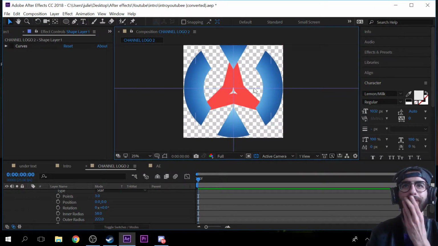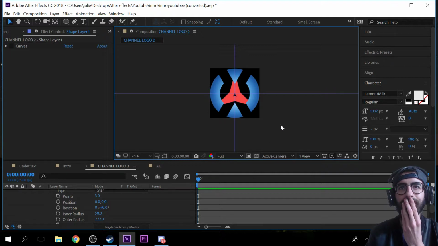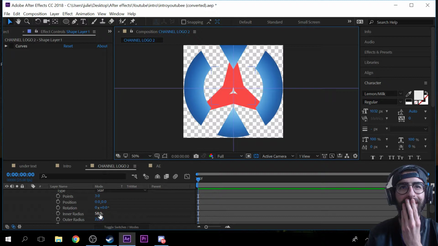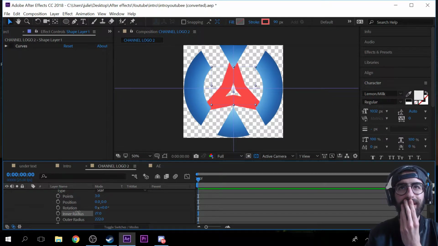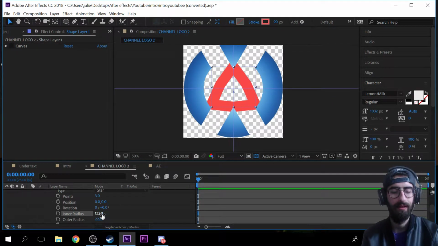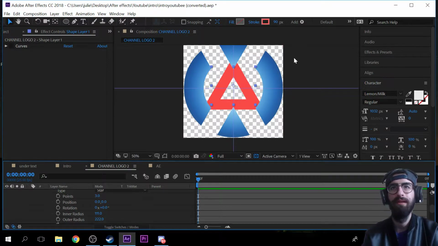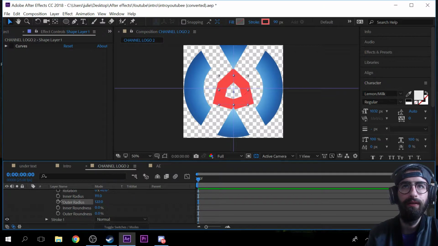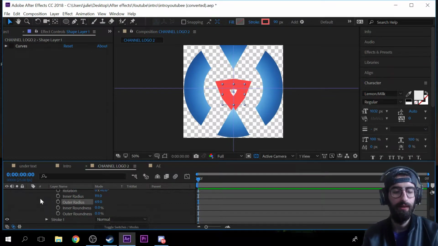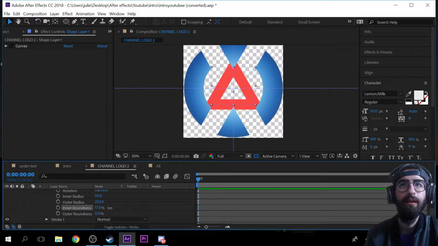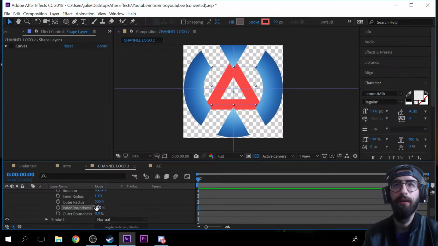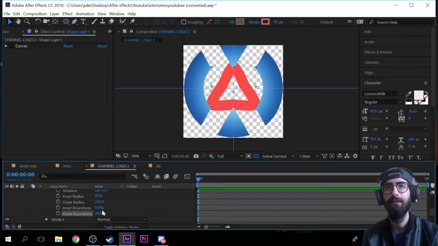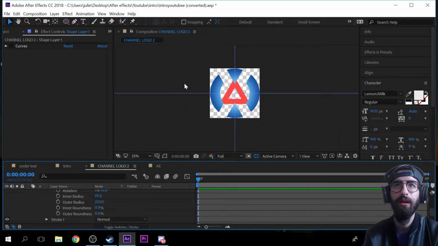So we're gonna stay far away from this. We're gonna stay very far away from it, and we're not gonna do this. So that was the inner radius. So it's just nice to see how it is. I'm just gonna Control Z on everything because I very much like my triangle. So the outer radius, what does it do? Oh, same thing as the inner one. Basically the inner roundness. Can I have a roundness on my triangle? Seriously? Outer roundness? Yes, I can do something like that, but I'm not gonna do it